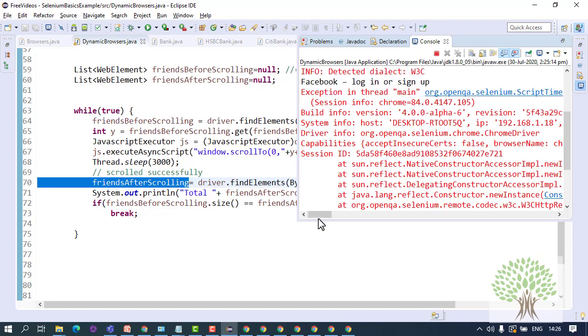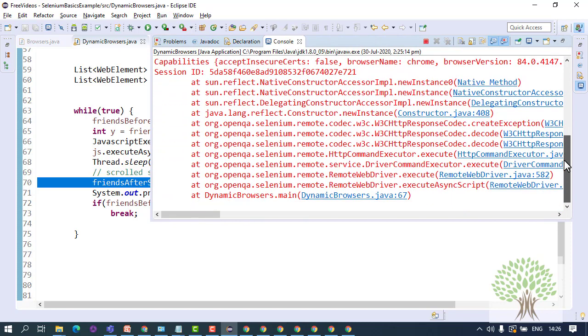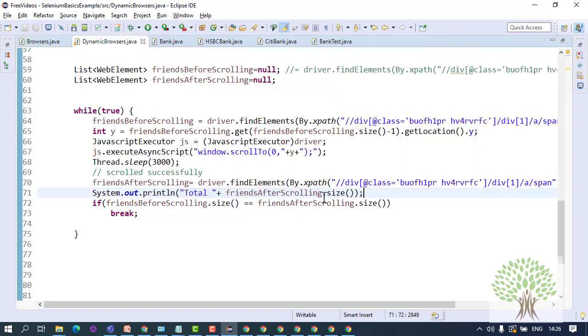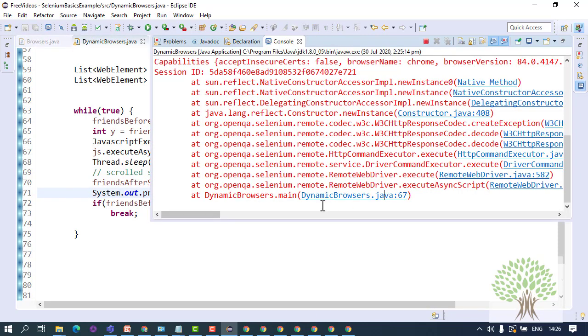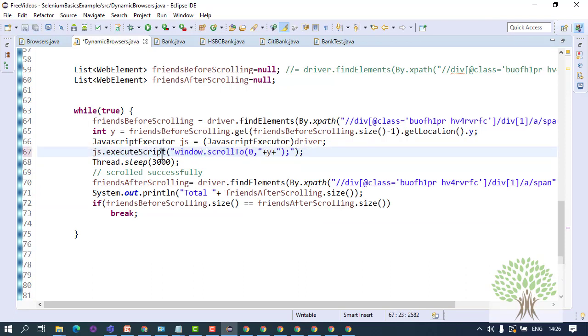Okay, let's see the line on which maybe I have given some wrong command. Over here you will always get the line number. You click on this line and you will get the line number on which the exception is coming up. Okay, it should be execute script, not execute asynchronous script. I'm sorry. Okay, let me run this once.